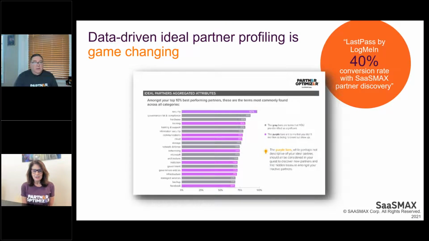Thanks. So this is where we feature and highlight the impact of the data-driven ideal partner profiling, which is what we just shared with you that you're doing manually. You're putting all the information down. You're then going and researching and bringing it back, which is critical. The learning process that you'll have is way more insightful than you may realize.